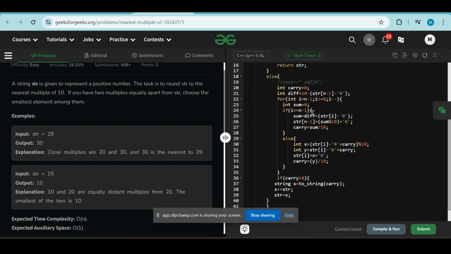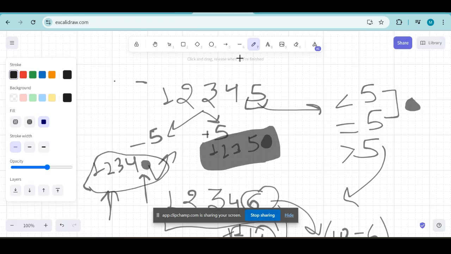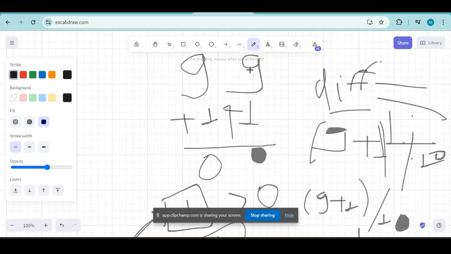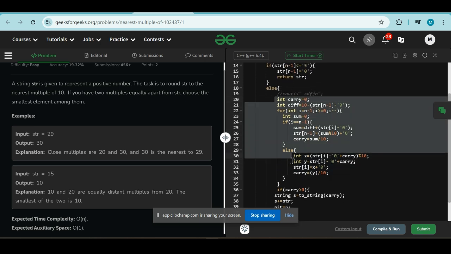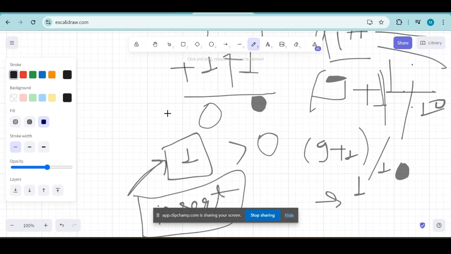And if that is greater than 5, then we have to first find out the difference, as I am finding out here. We have to add the difference to the last element and find the corresponding carry. If that is not the last element, then we have to add the carry. So after doing all these steps, if the carry is greater than 0, as we showed in the case of 99, where the carry remains 1,